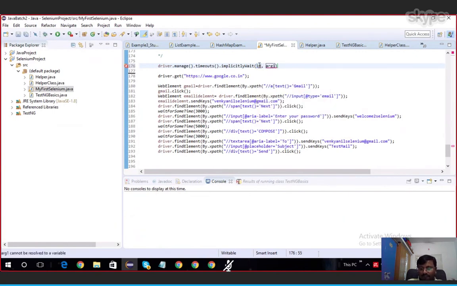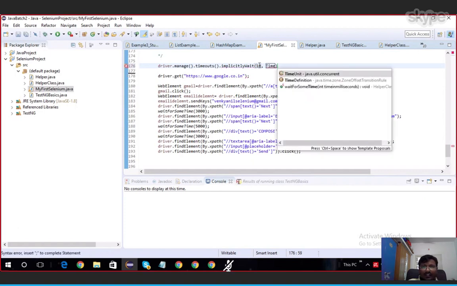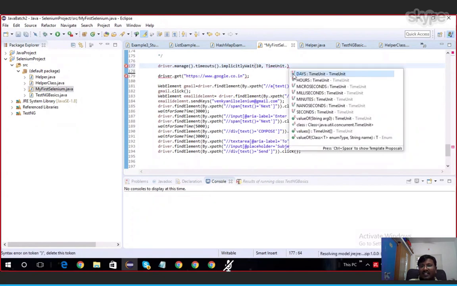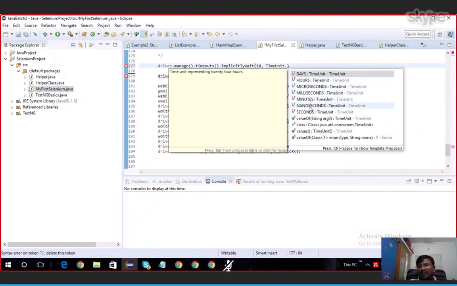The second one is the unit: is 10 milliseconds or seconds, or what is it? Is it 10 hours or 10 seconds or 10 days? That is the time unit. What is the first parameter? We'll give seconds only.